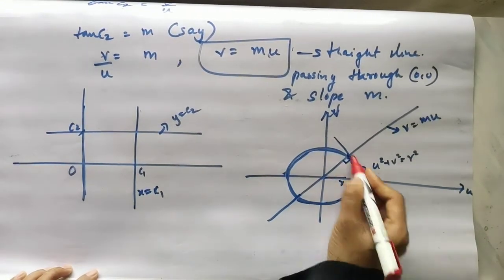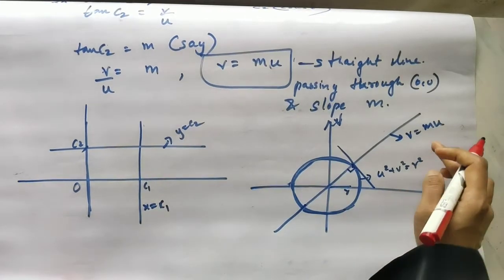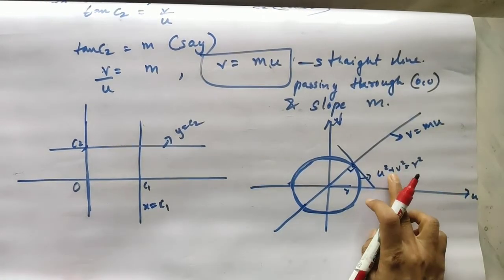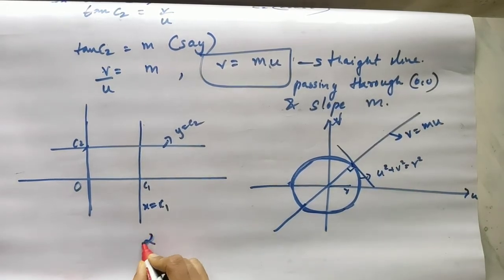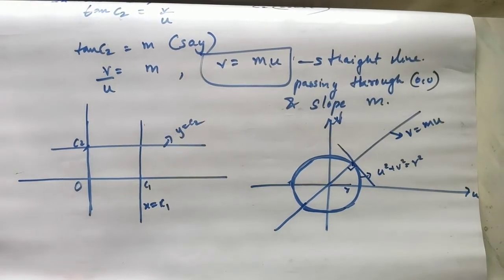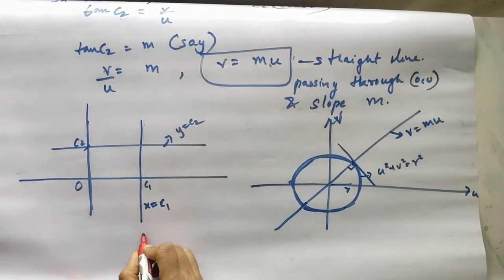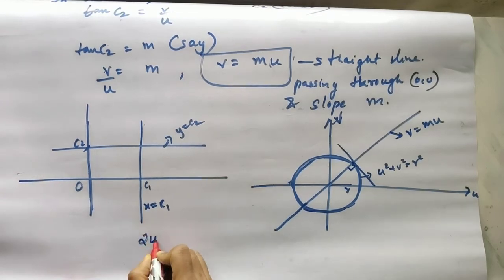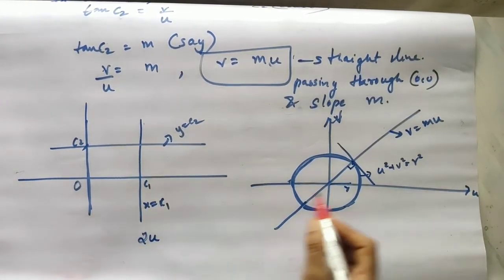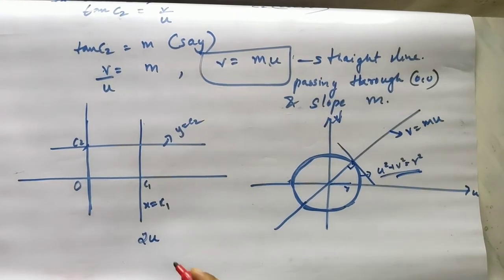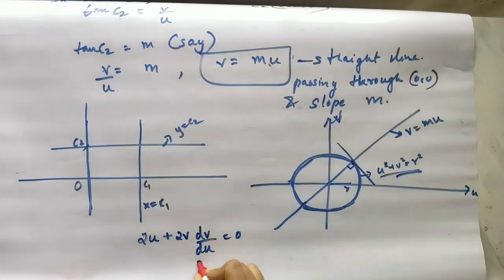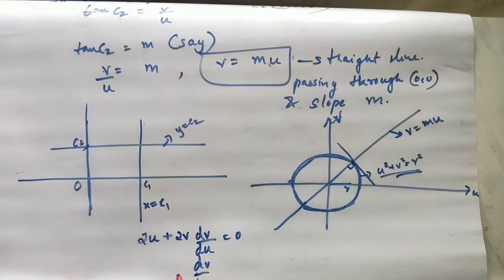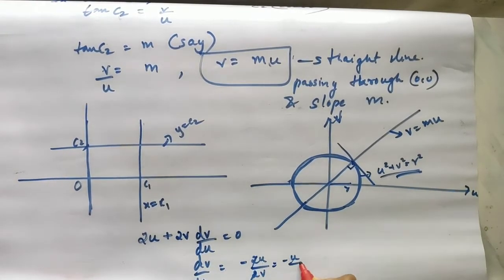Just see that if you draw a tangent here, or you can prove it also by finding the derivative of this, okay, with respect to u. So it will be 2u, and call the slope as m1. Okay, so m1. I'm considering the circle first. Derivative of this circle with respect to u. So 2u plus 2v into dv by du is equal to 0, or dv by du, like dy by dx, it will be dv by du. It will be minus 2u divided by 2v, or minus u by v you are having.